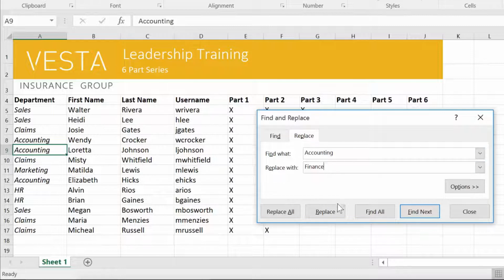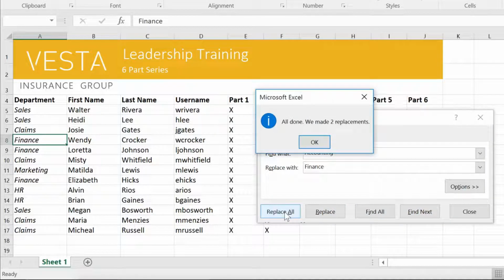To continue, go ahead and click Replace, and it will jump to the next instance automatically. If you want to skip the current instance without replacing it, click Find Next instead. Alternatively, to replace every instance without having to review each one, click Replace All, and the entire workbook will be